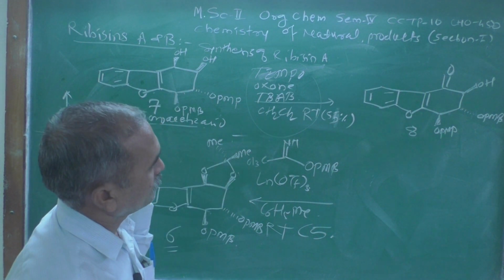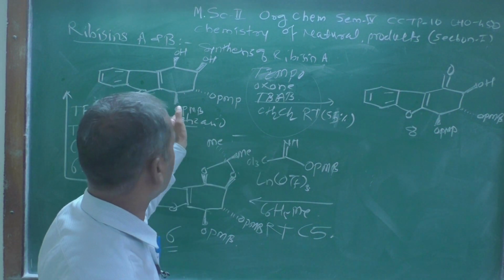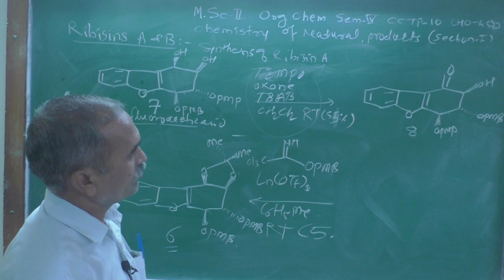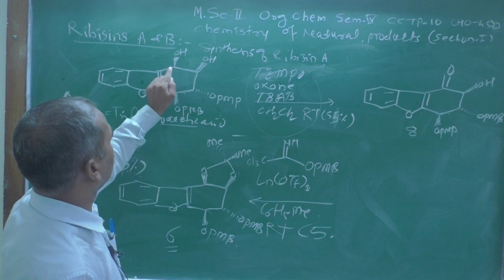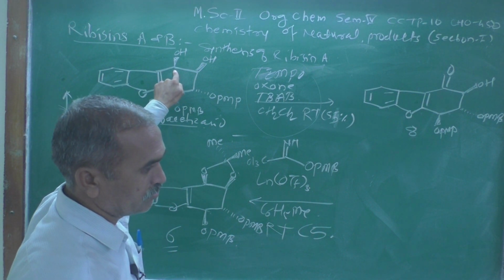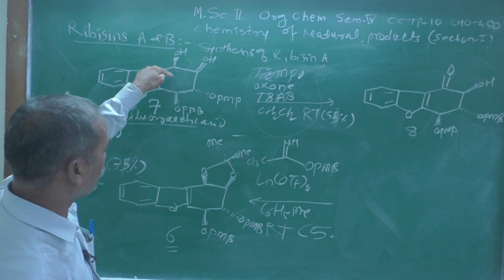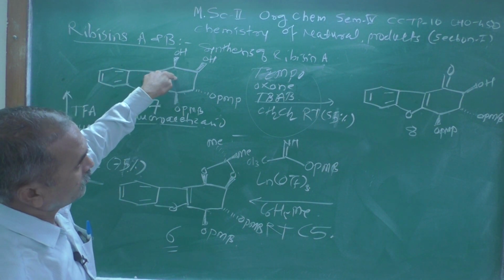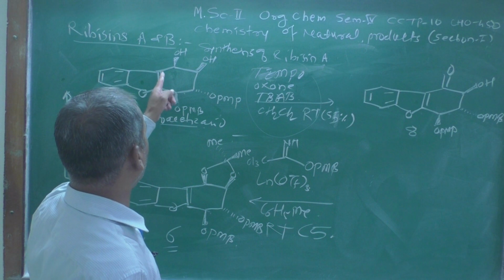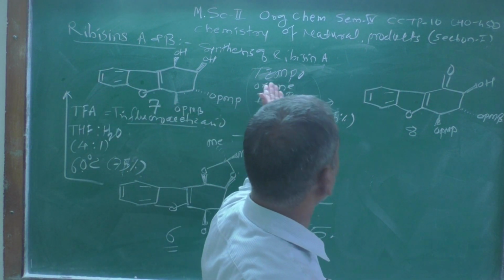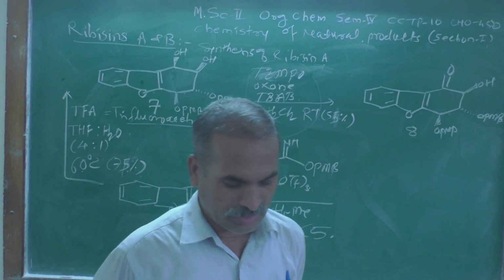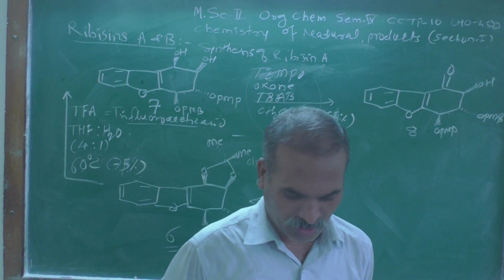If you observe these two structures, 7 to 8, what are the changes? You can observe they differ. The changes occur at this chiral center, because that is a chiral pool natural product. Wherever there is a chiral center, there we are changing. So at this position there is a carbon-oxygen double bond that becomes stable, and that's why that is a biotransformation. We are getting the expected or desired product by selecting the proper reagent.